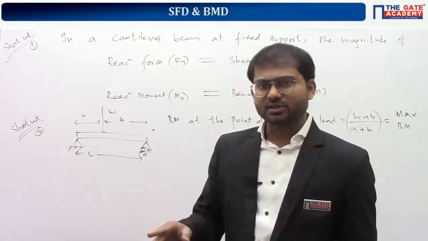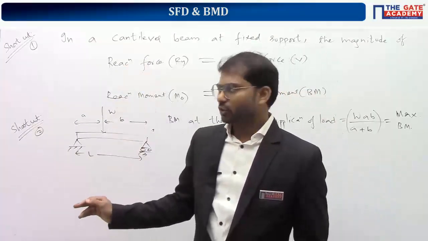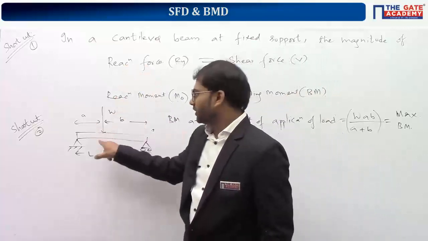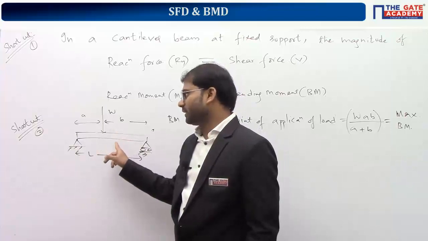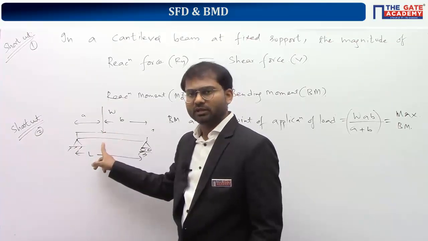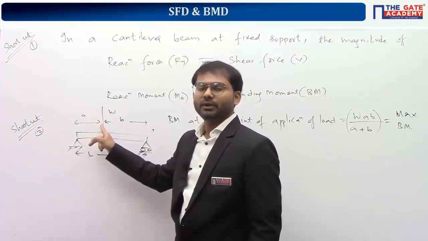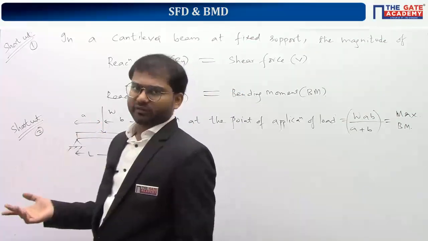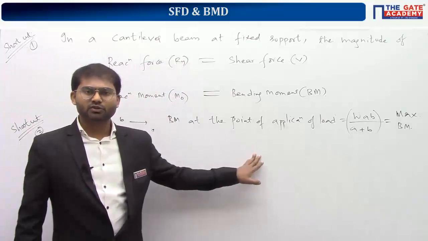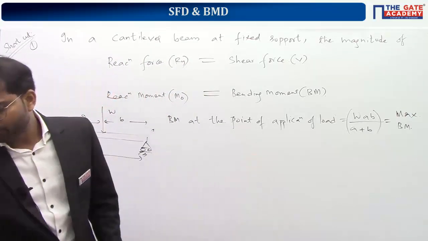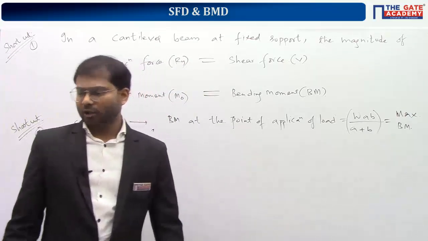You can get the same answer if you do in a conventional way. So take the member, do the cuts, okay, draw the bending moment diagram and find out the value of bending moment at x is equal to L by 3. That is small a. You'll get the same answer. Okay, so you can check in that way. As a practice you can do. But I want you people to remember this formula. That's why I gave this question. Okay, let's go ahead with the next question. I'm rubbing the board. I hope everybody has copied that.